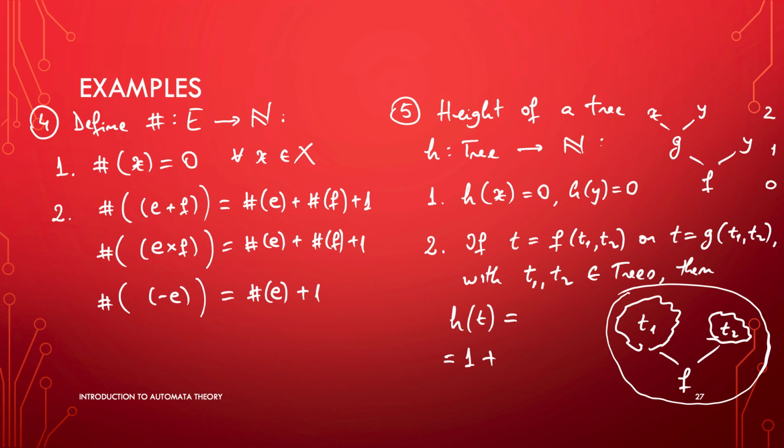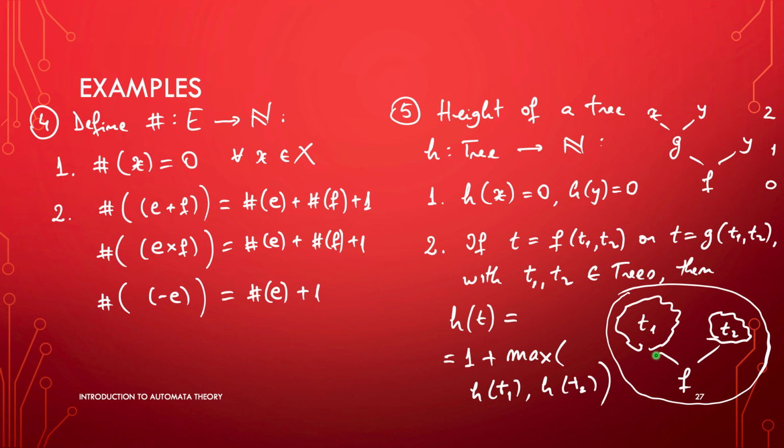So this is going to be 1 plus the maximum between the height of t1 and the height of t2. And I hope that this makes sense, especially by looking intuitively at this figure. I hope it makes sense that this is indeed the definition that you would like to have when you think about